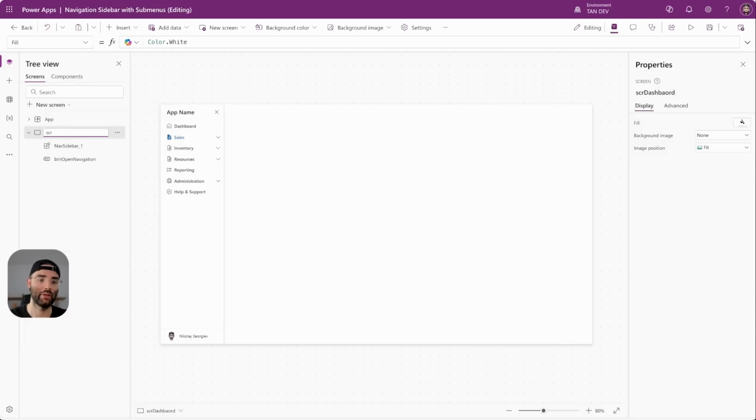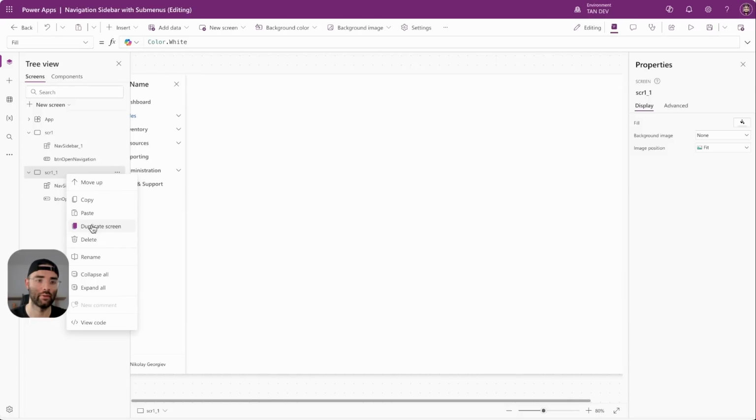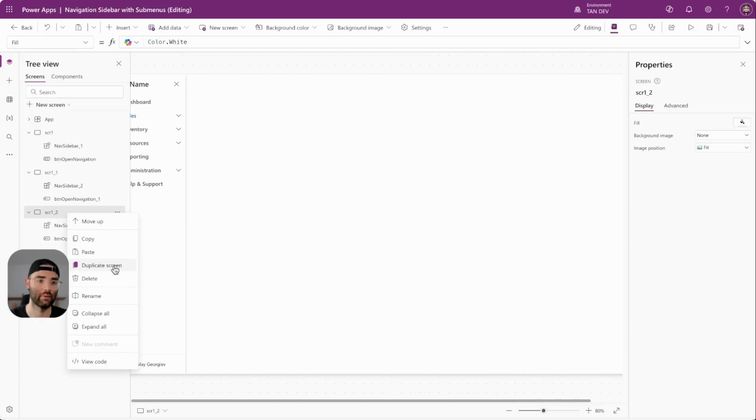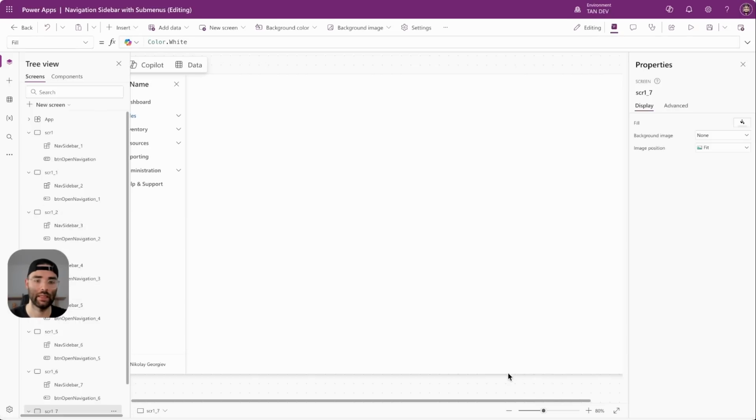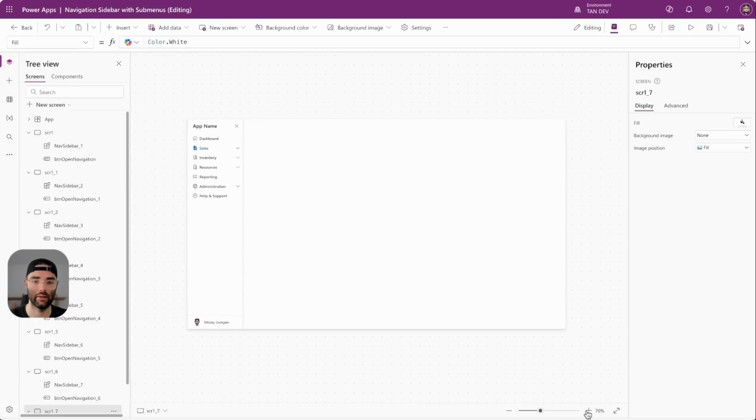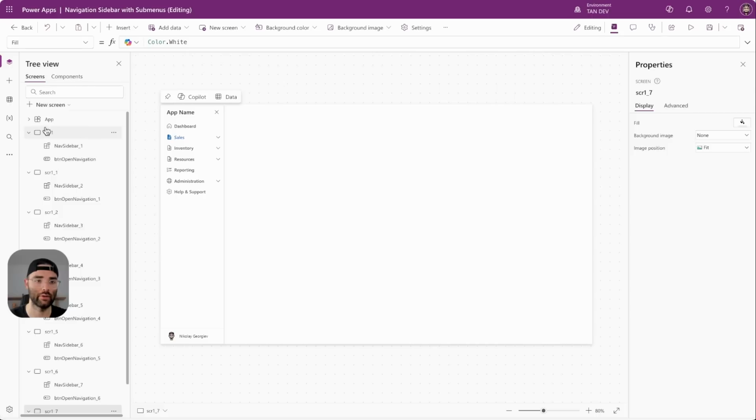I'm going to use SCR, and then I'm just going to say 1. So this is screen 1. If I'm going to keep everything the same, I'm just going to duplicate this a few times. And I'm just going to go based off of the names and submenus as well. So SCR1 can be just dashboard. SCR2, it's going to be under sales. So it's going to be sales